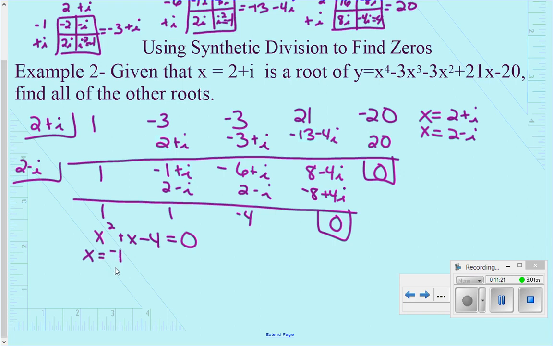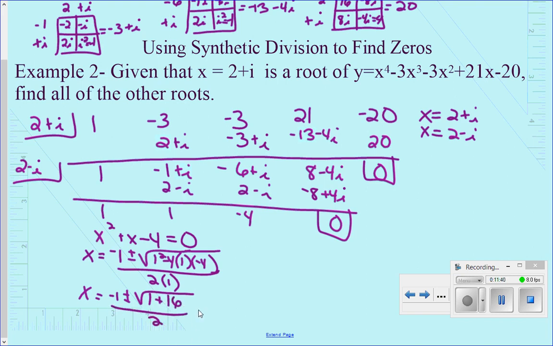So negative b plus or minus the square root of b squared minus 4 times a times c all over 2a. So negative 1 plus or minus the square root of 1 plus 16 all over 2 is negative 1 plus or minus the square root of 17 all over 2. So we have two solutions there,